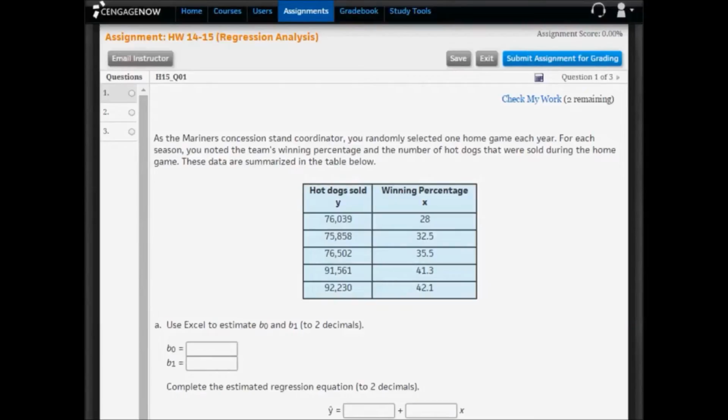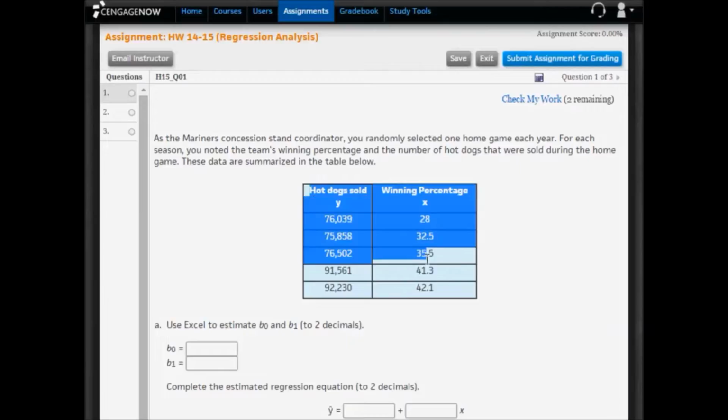In this video, I'm going to demonstrate how to do simple regression using the data and example from Cengage Now question 1. In this problem, we want to know how winning percentage for a given season affects hot dogs sold for a randomly chosen game within that season. And the data are summarized in the table below. So I'm going to go ahead and copy the data